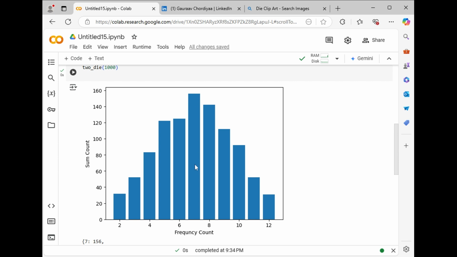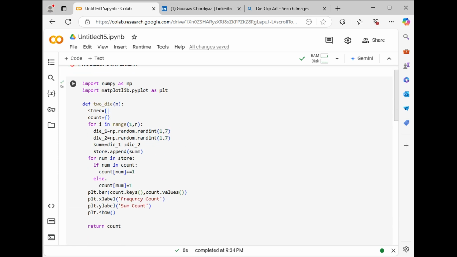1 plus 6 will be 7. 6 आपको ज़्यादा टाइम आ सकता है, 3 plus 3 हो सकता है, 2 plus 4 हो सकता है, 2 plus 2 4 आ सकता है, but 1 plus 1 will be very rare. That's the reason you can see it is a normal distribution of bars. You can see this is the problem statement which was asked in an interview recently at Capgemini. So you can just go and follow this code, you can write it out.